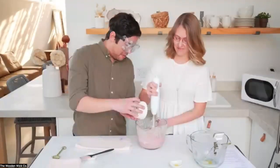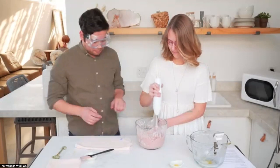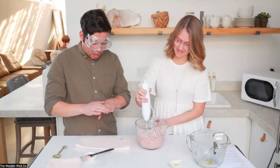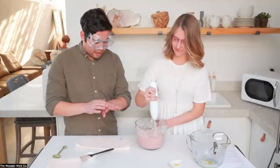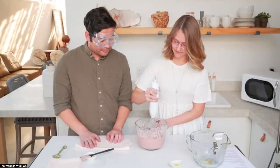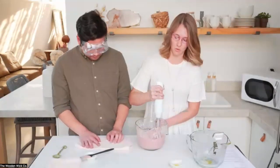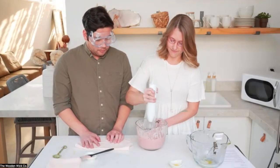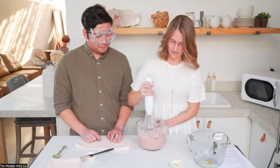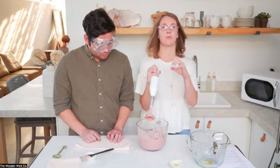Yep. Sometimes that happens. Try that. Good little rub it in. Once you have the rest of your clay in, we're just going to give that a few more final swirls until everything's fully combined, and your texture should be really thick and creamy,